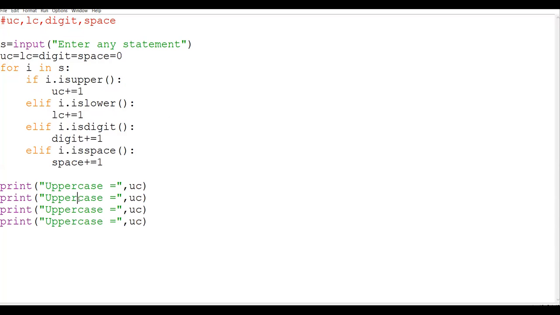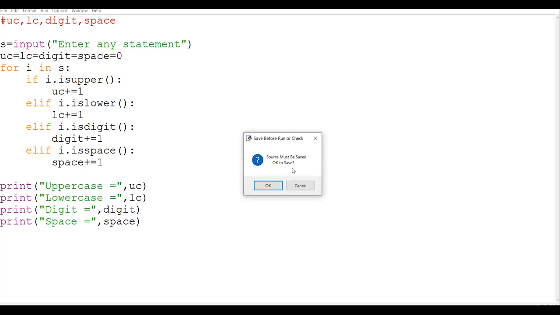For lowercase it is LC, then for digit it will be equal to digit, and then last is for space. For space it will be space. Okay, we have to execute this.